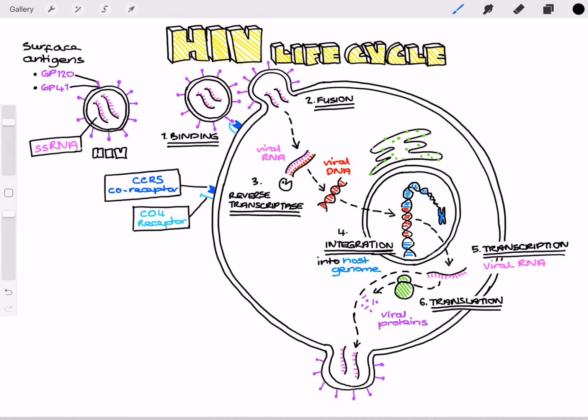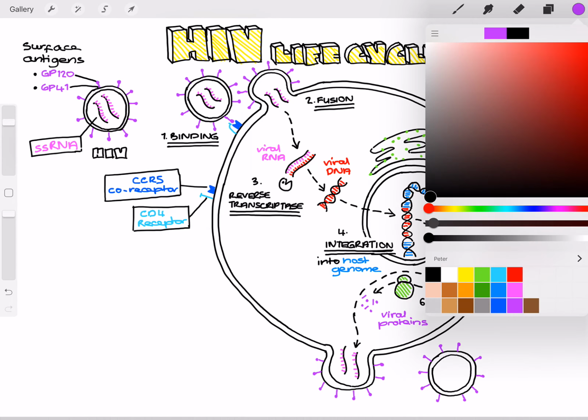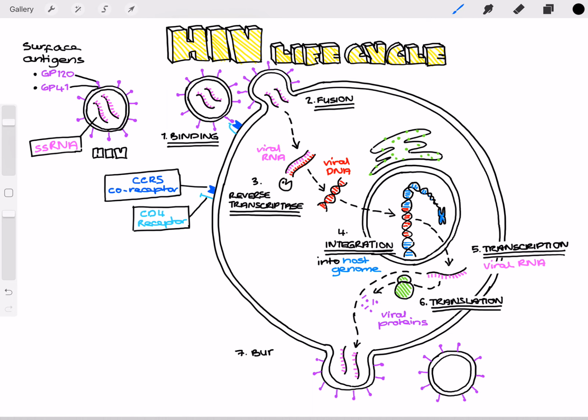So here we have the RNA, the viral envelope proteins, and that can then come off of the membrane, and this process is called budding. And then the virus matures until we have a mature virion, and that virion can then infect another cell,